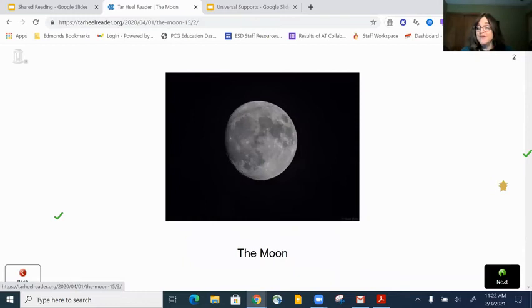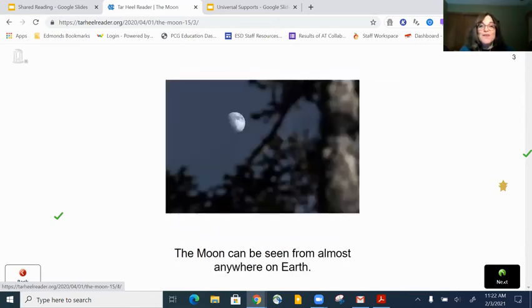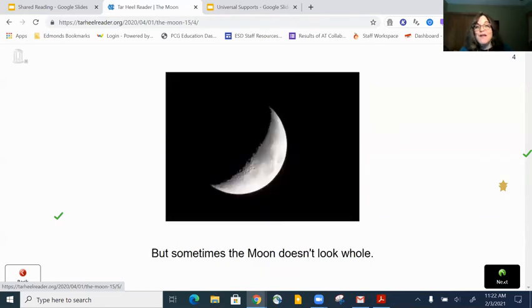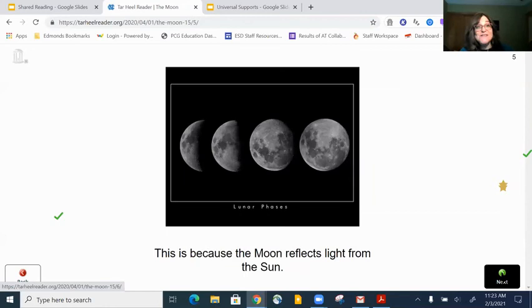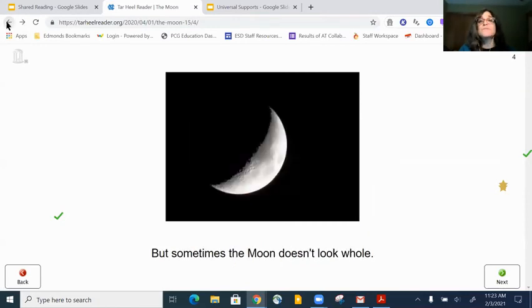The Moon. And so think about what you might want to model on this one. Get your sticky note ready. You know, look, big, like. And so you can see kind of what that looks like. Let me move this little thing.